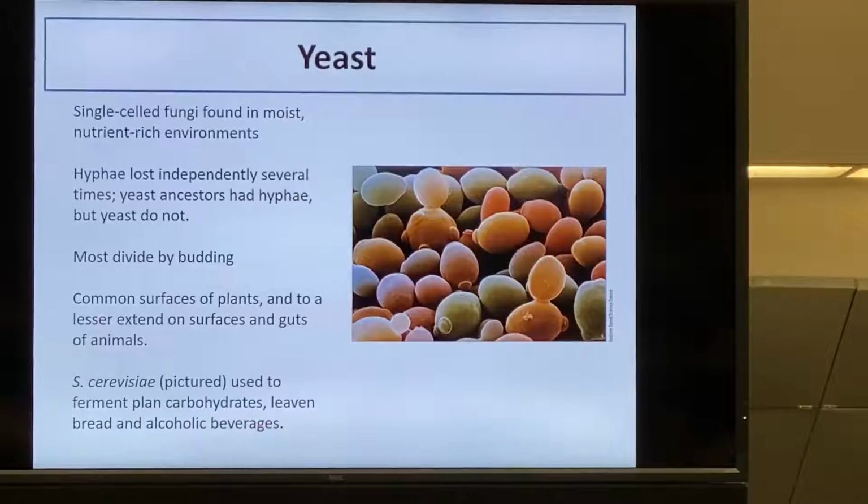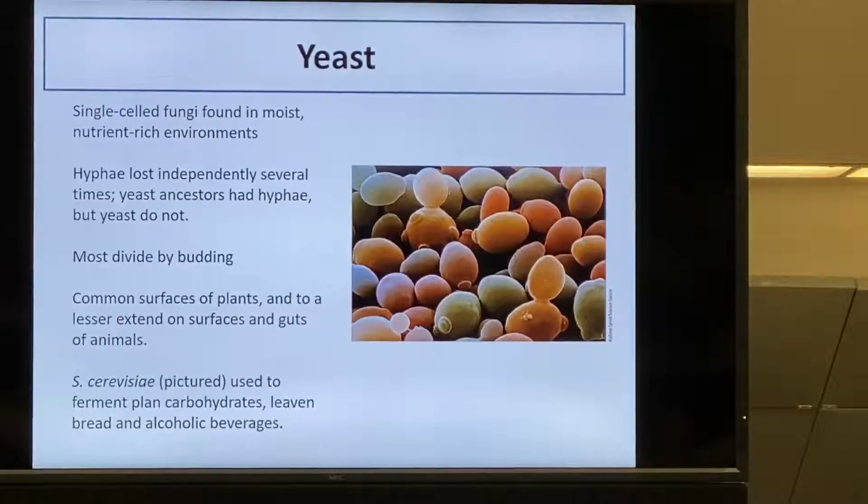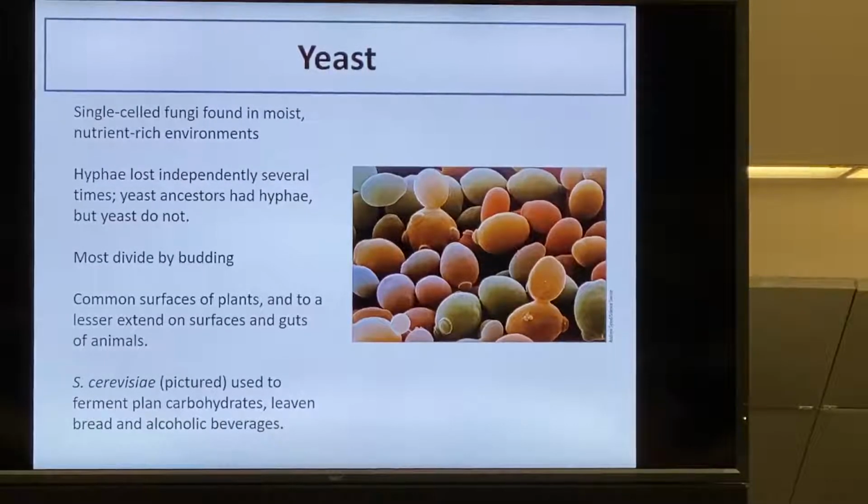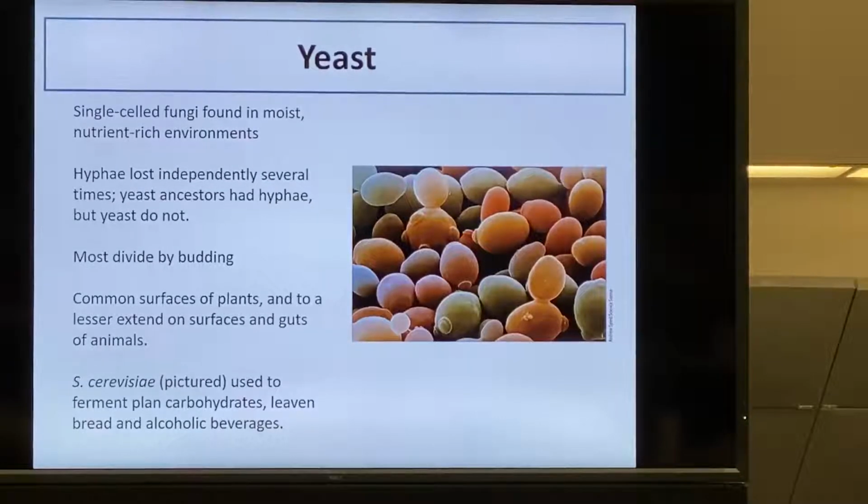Fermentation. What do they produce as a product of fermentation? Not lactic acid. Alcohol? Alcohol. Ethanol. This is where all the ethanol in the world comes from. It comes from yeast. So these are organisms that are in some ways limited by their body plan, but they might have an advantage in certain environments.